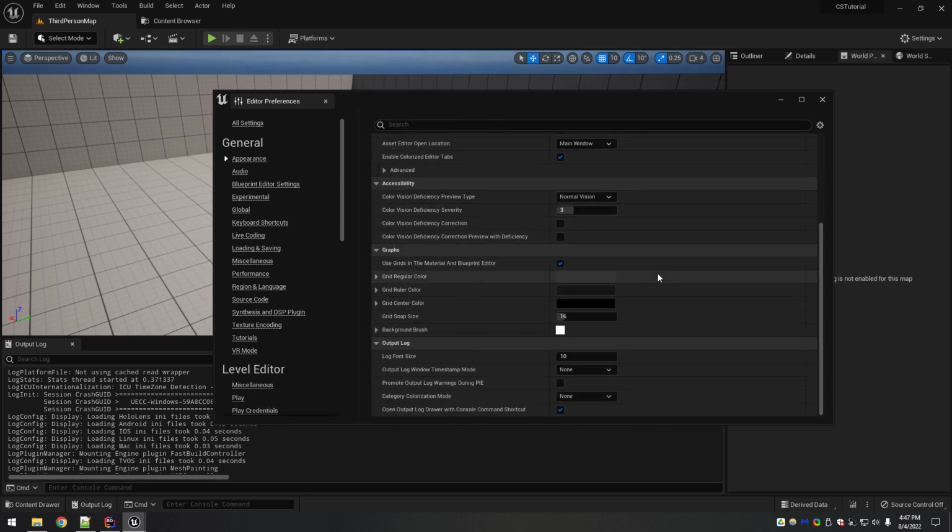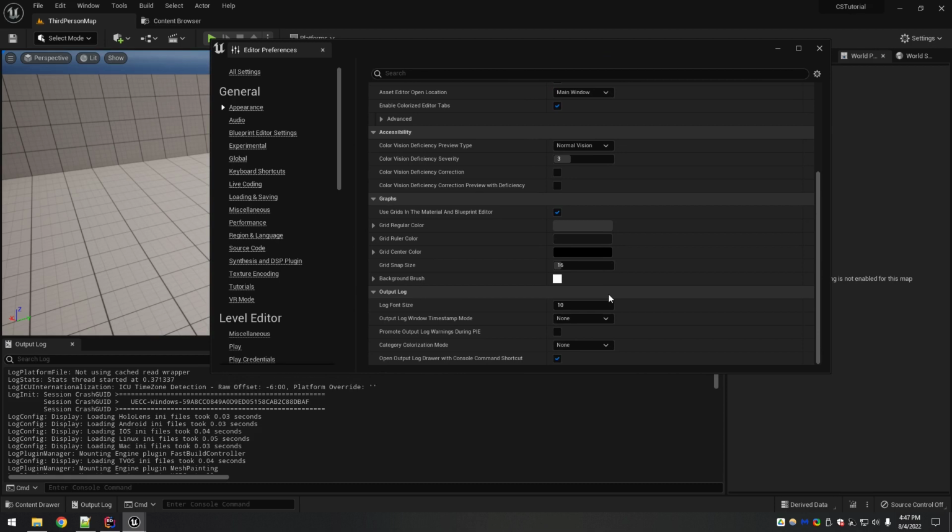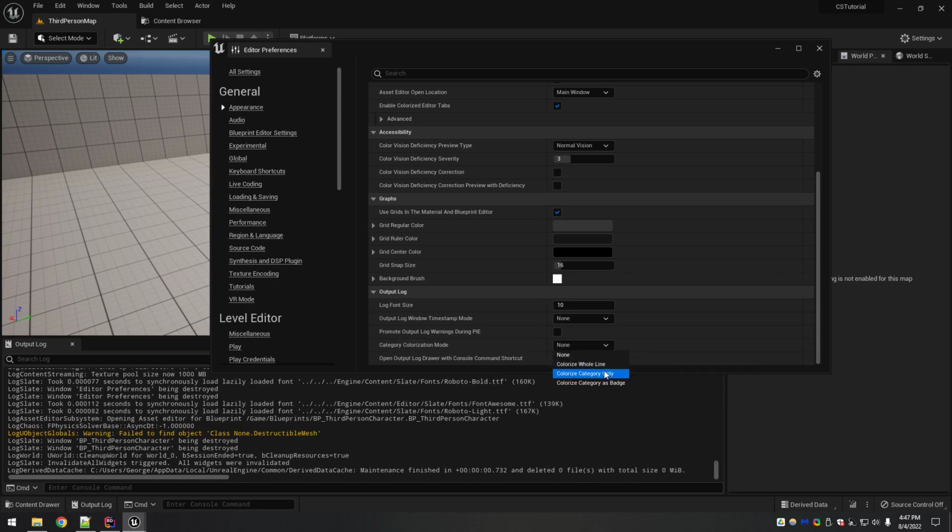The other cool thing I like to do is come down here to output log. I made my font size a little bit bigger just for when I do print statements and stuff later. Hopefully it shows up a little better on the recording. But this right here, category colorization mode, is a cool feature that I just recently found.